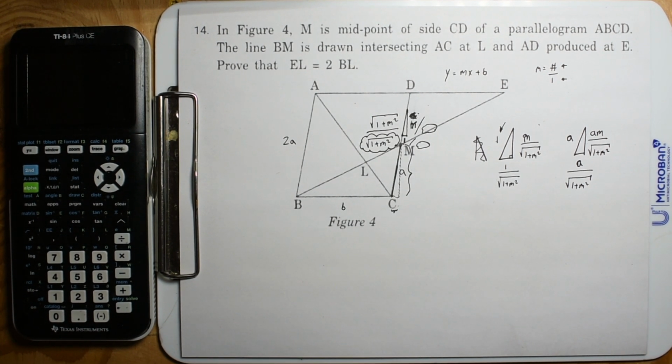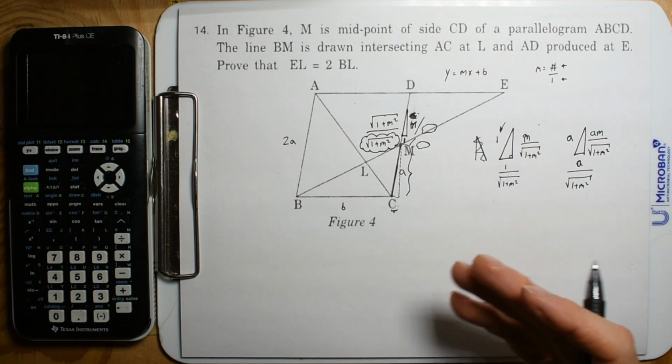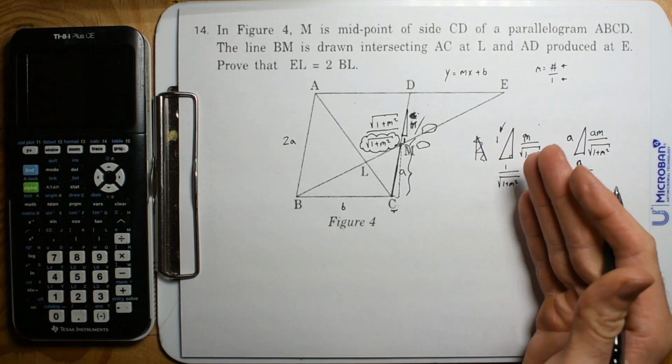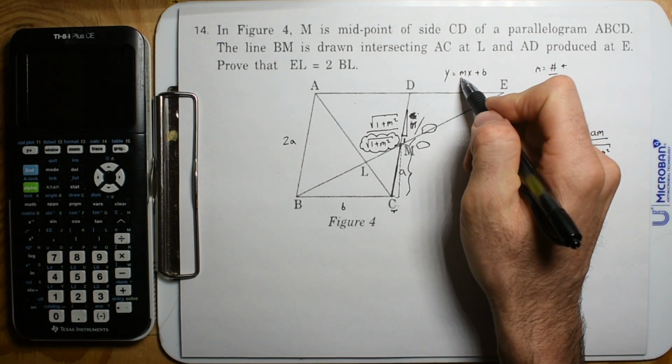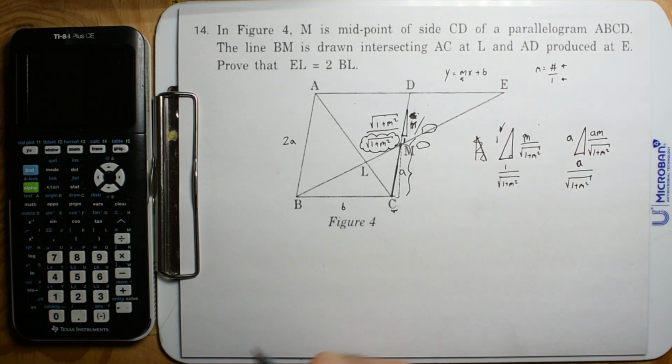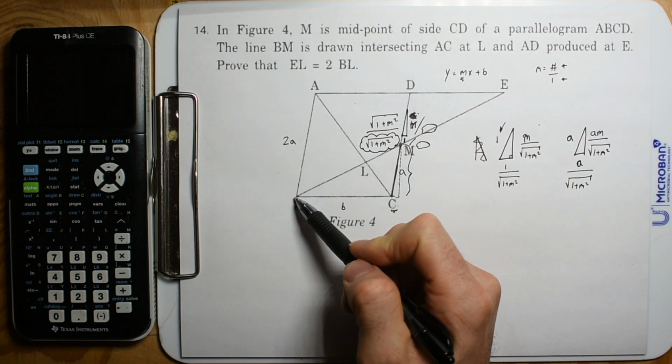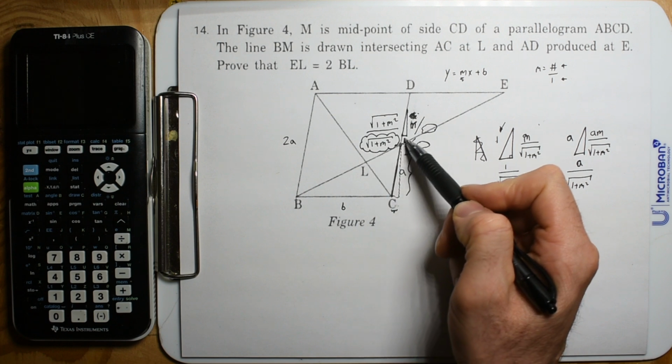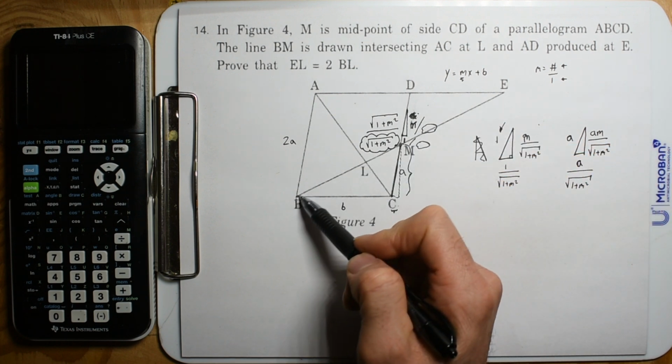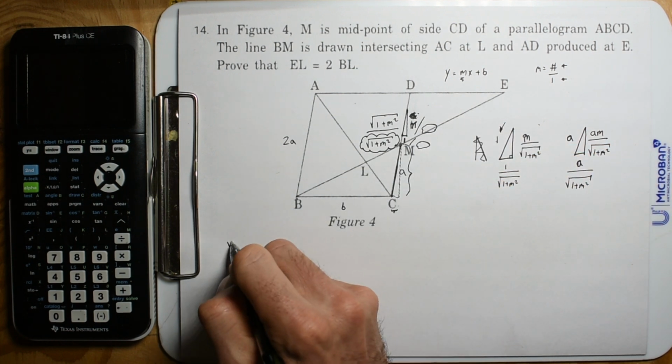Alright. So now you need a few things to figure out the equation of a line. One, you need to know the slope of the line. So we need this line right here. And I thought the easiest way to find this line, and I'm just going to label it